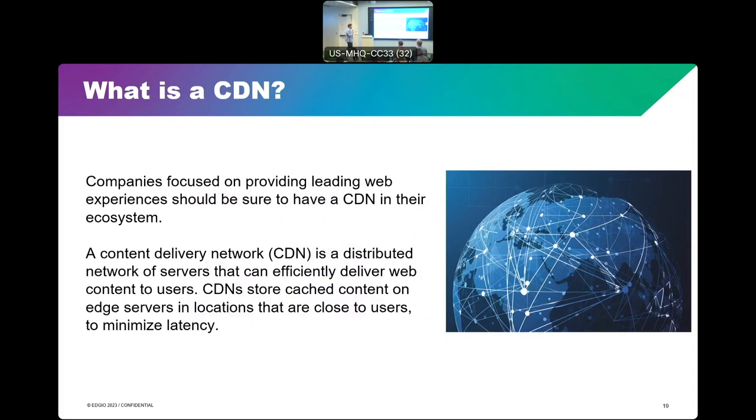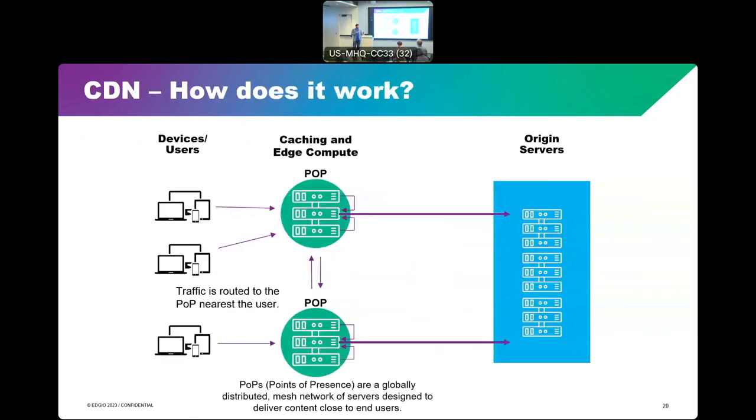delivery networks. So a CDN is basically a set of network servers that are distributed across the globe, and they help you deliver digital content. It's exactly the name, Content Delivery Network. So there's lots of different reasons why you might use a CDN. I want to talk a little bit about how it works.